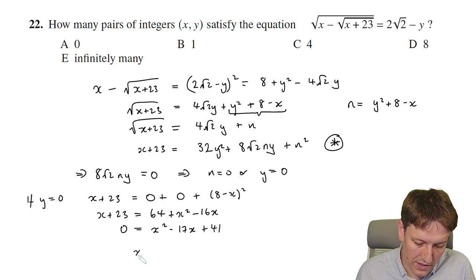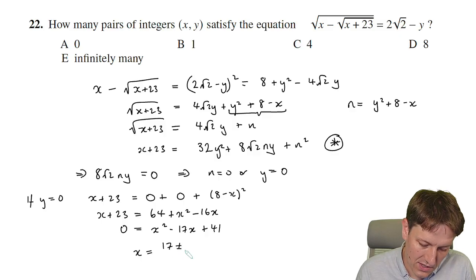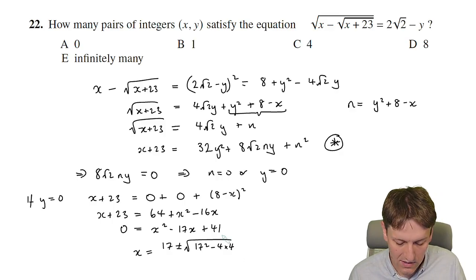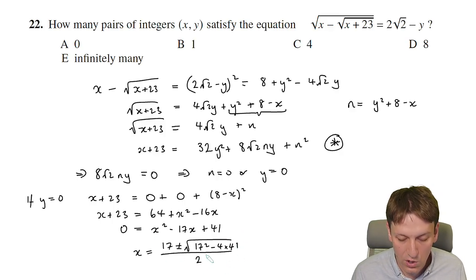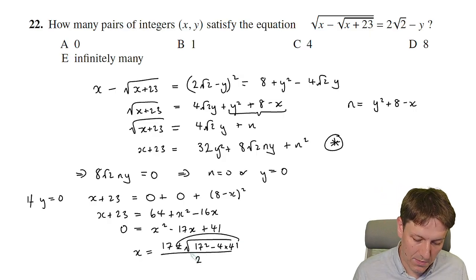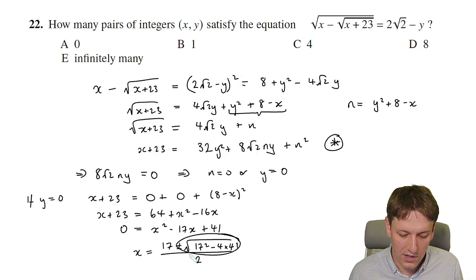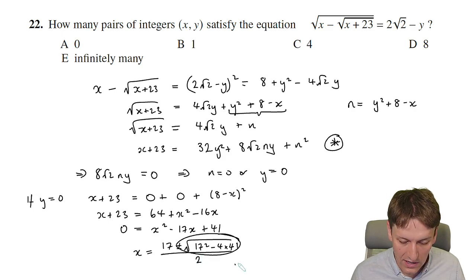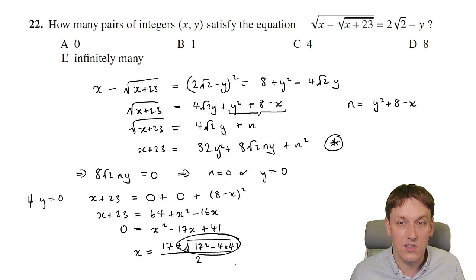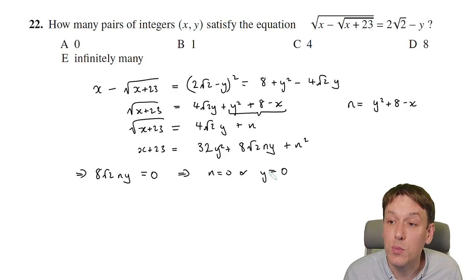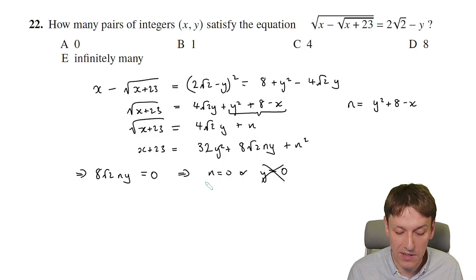Using the quadratic formula, that gives me x equals 17 plus or minus the square root of 17 squared minus 4ac, so 4 times 1 times 41, all over 2, and you can check just by working out this number here that this doesn't give you a square number, so I don't end up with an integer solution here. So actually this whole case just does not work at all. So we've ruled out this case, and let's think about the case then